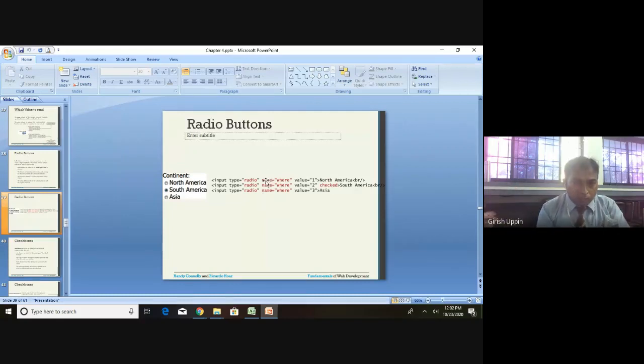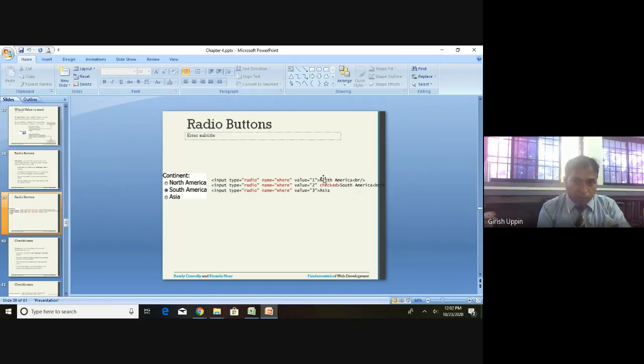Whatever name attribute you give, that is the name of the variable. So here, where is the variable name, whatever the value that is selected. In this case, South America is selected. That particular value will be sent as the value of where.